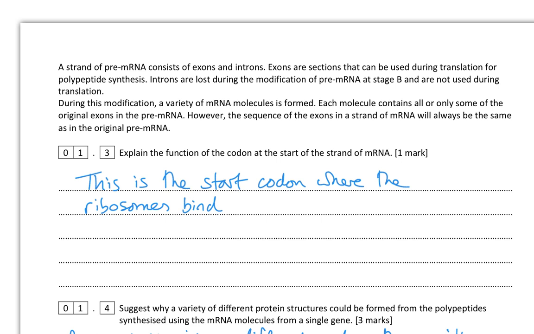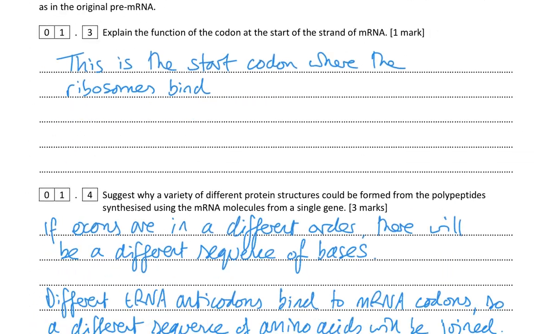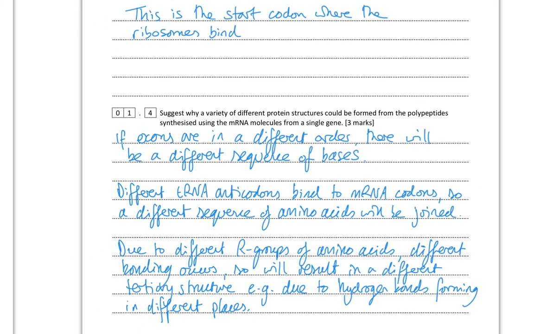So 1.3, explain the function of the codon at the start. That's just where the ribosome binds. End of story. And then I've got a 3 marker: suggest why a variety of different protein structures could be formed from this polypeptide. I always teach this at GCSE as well. I say SSS, that's my GCSE version, sequence shape, which changes to SSSRS at A level,